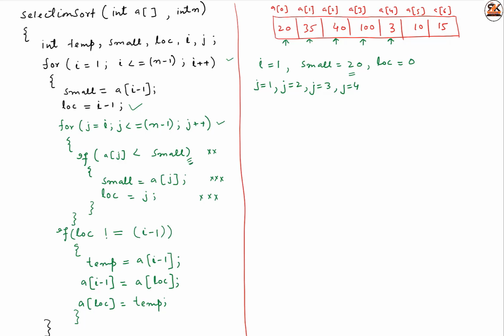Is 3 less than small? Yes, now this will work. Okay, is 3 less than small? Small is 20, yes, 3 is less than 20. In that case we will have value of small